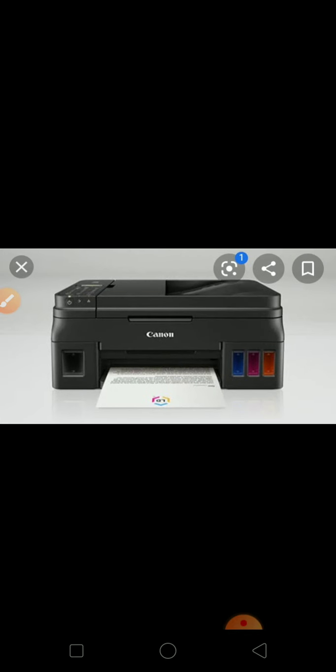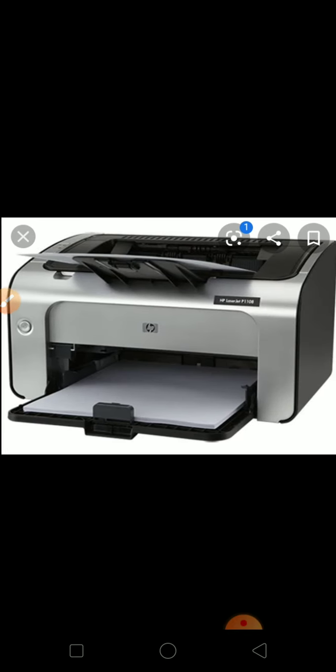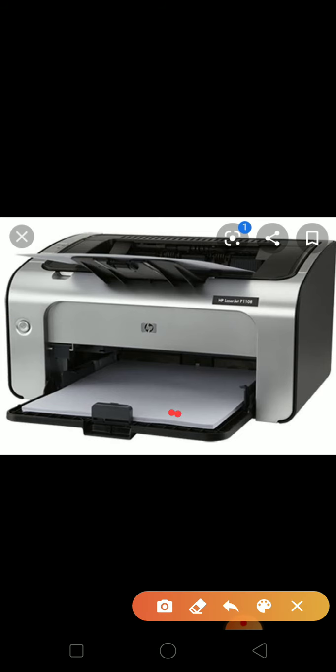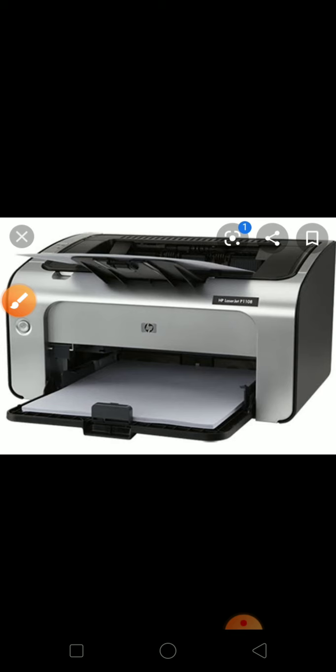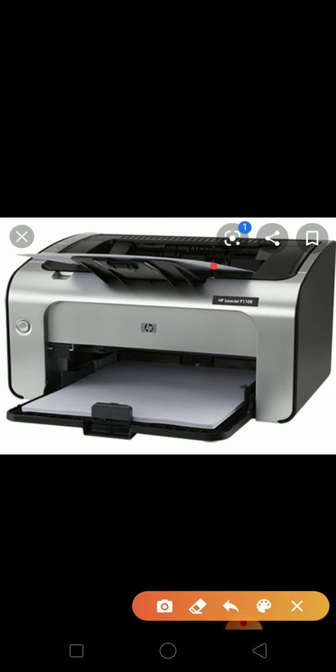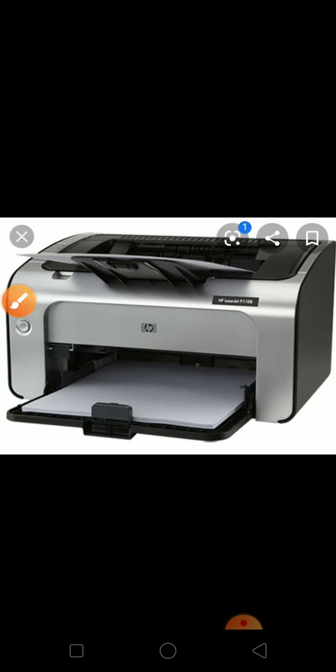So these are some types of our printers. Here, see, you are putting the papers. Some papers you will put here. Then whatever you want to take out, you give the command on your computer. Then here, see, the output will come through this process. Okay children, hope all of you have understood. We cannot come to school, otherwise I could have shown this at our school also.